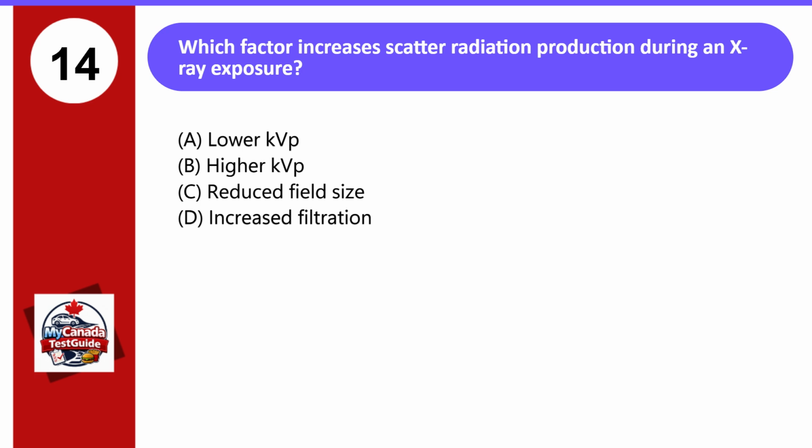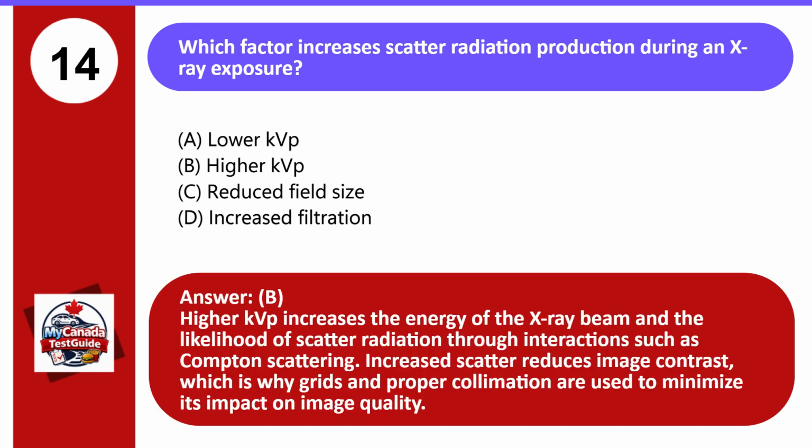Increased filtration. Answer, B. Higher kVp increases the energy of the X-ray beam and the likelihood of scatter radiation through interactions such as Compton scattering. Increased scatter reduces image contrast, which is why grids and proper collimation are used to minimize its impact on image